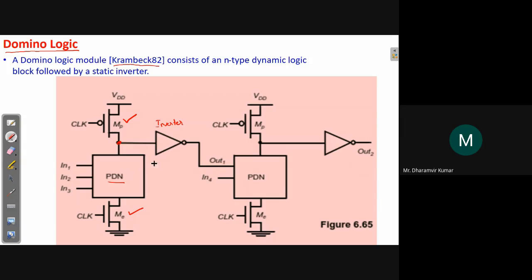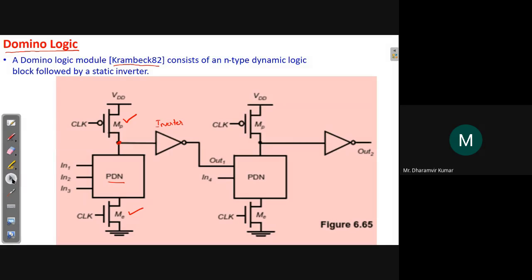Okay, so the output of stage 1 is fed to the input of stage 2 via an inverter. Okay, and